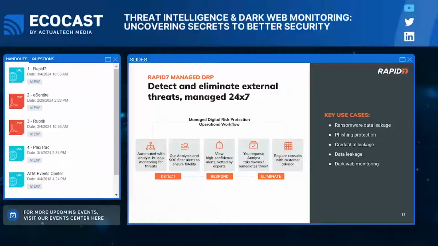We can do that on your behalf, and we have an extremely high success rate, over 91% success rate of taking sites down and buying things off the dark web for customers. So exactly what the scope is, what has been compromised. We make those recommendations, and we're consulting with you as an advisor, so you know how